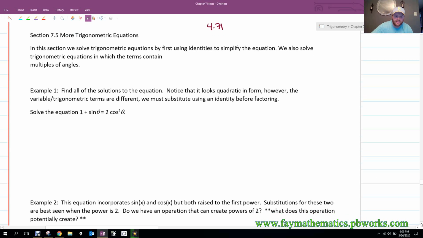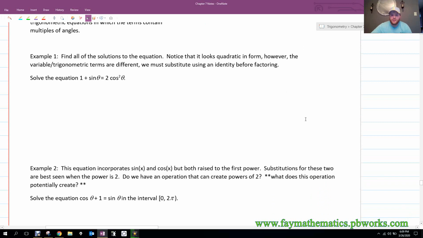Example 1 here says, find all the solutions to the equation. Notice that it looks quadratic in form, however, the variable or trigonometric terms are different. So we must substitute using an identity before factoring. So this would be like, if I had an x squared plus 3x plus y equals 0,